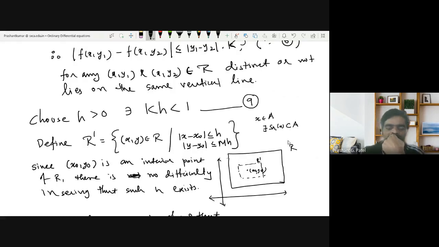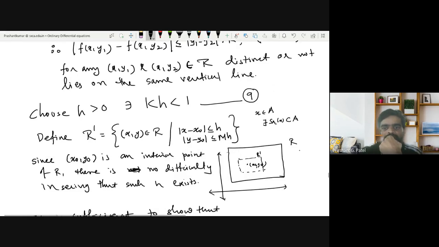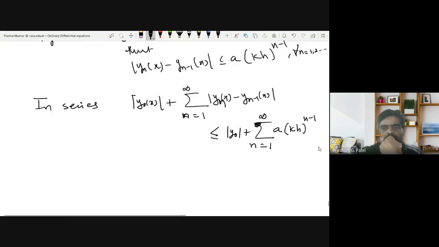So due to this 9, it will guarantee that the series k into h raised to n minus 1 is convergent. So by comparison test, we can say that this series is convergent. Okay, so let us write that here. Inequality 9, which is k into h is less than 1, guarantees